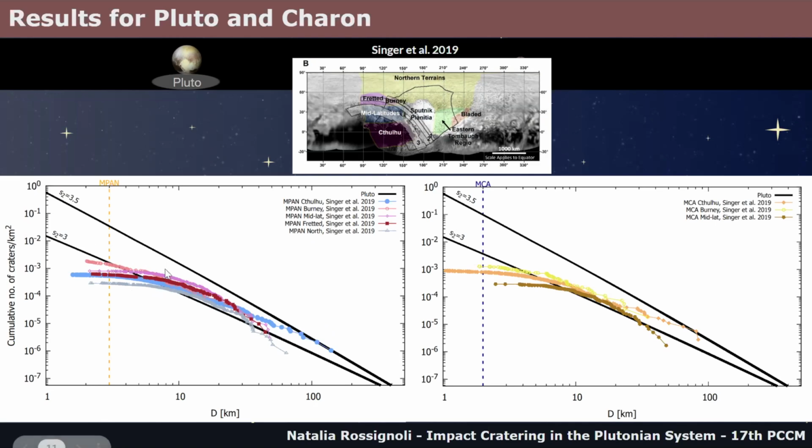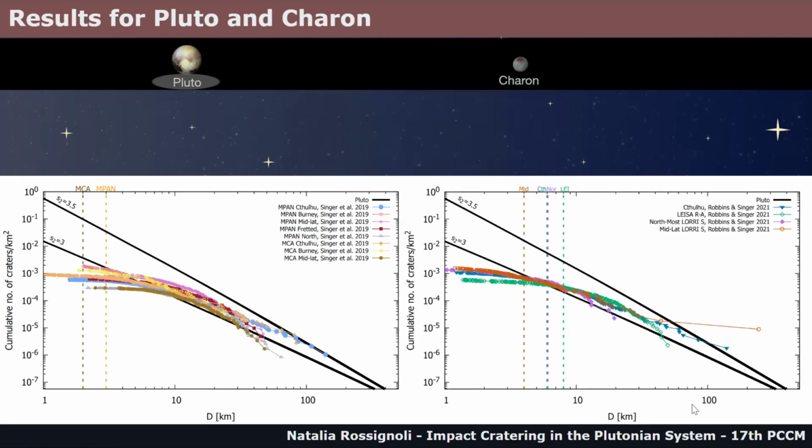That we usually in the past were associating this with the fact that many smaller craters may be obliterated faster. So for this other data set for the same work, we can find similar results. Again, we can predict the larger craters, but overestimate a large number of craters here for the smaller craters. And comparing to the data from Robinson-Singer from 2021, again, similar results, except for this large crater, and an overestimation